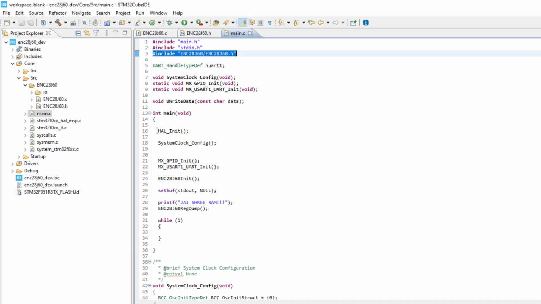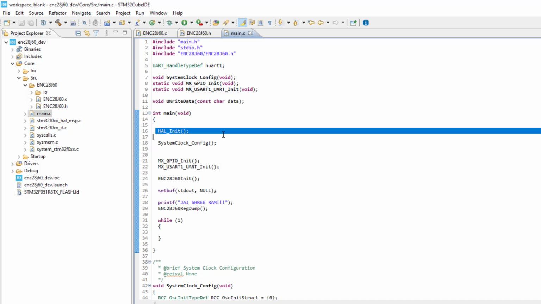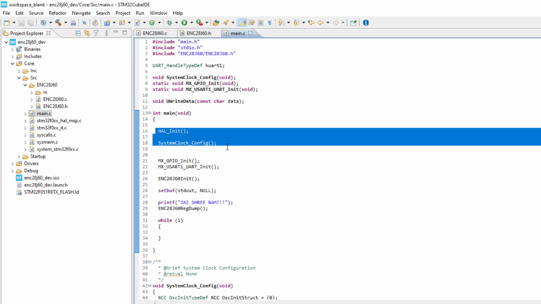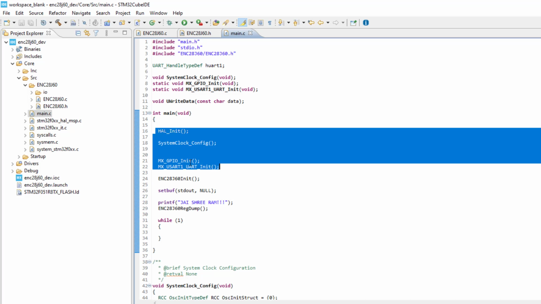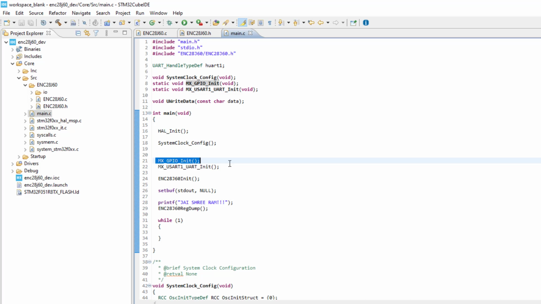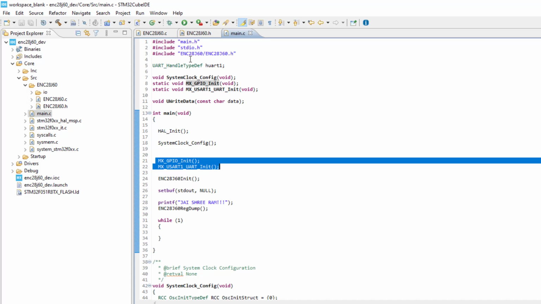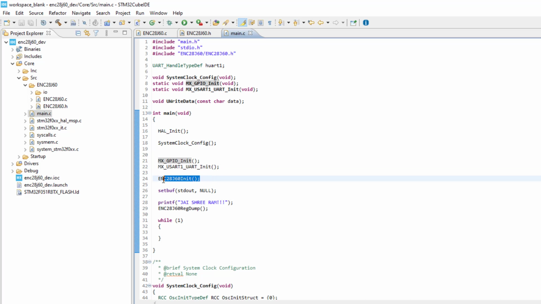After the initialization of HAL and the clock, and these two functions MX GPIO init and MX UART init, whose code was generated by the Cube code generator, I have called this function from our driver module, ENC28J init. This initializes our driver, and this code I have already discussed in the previous videos.